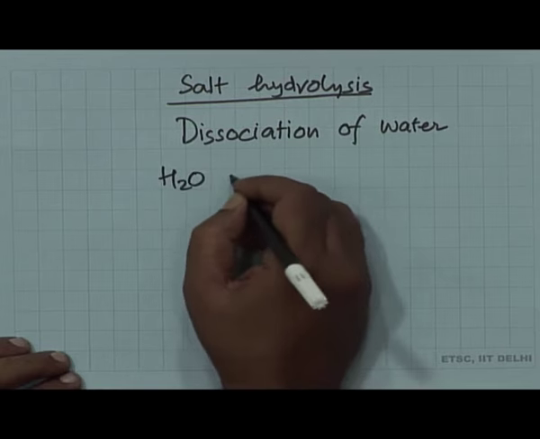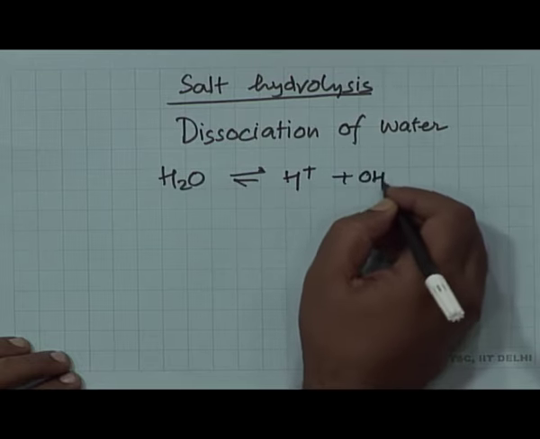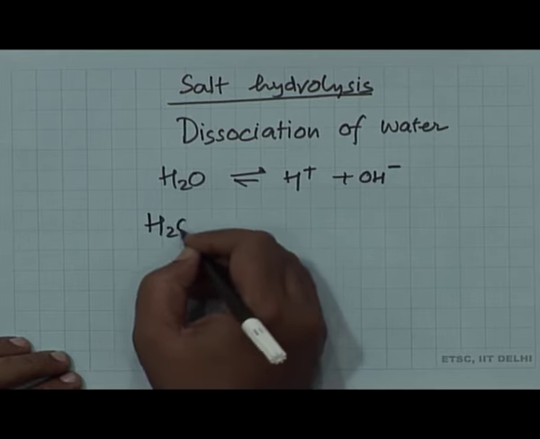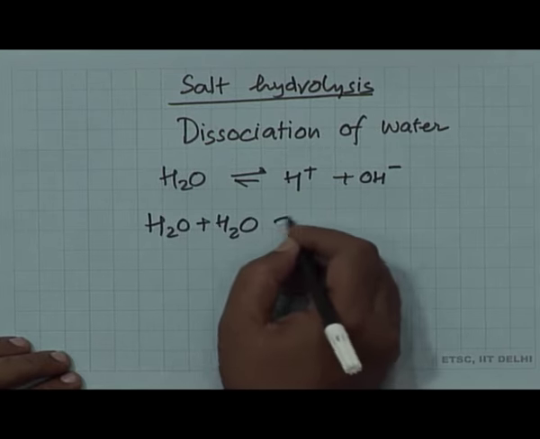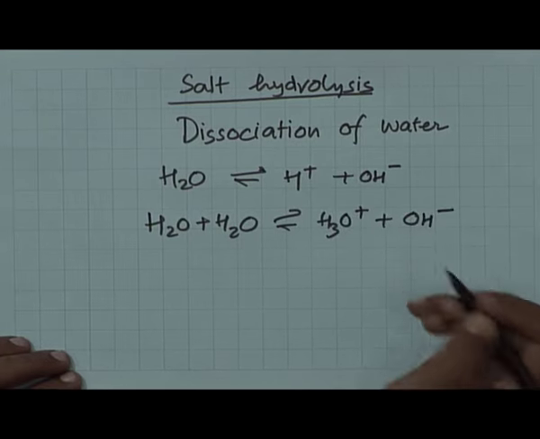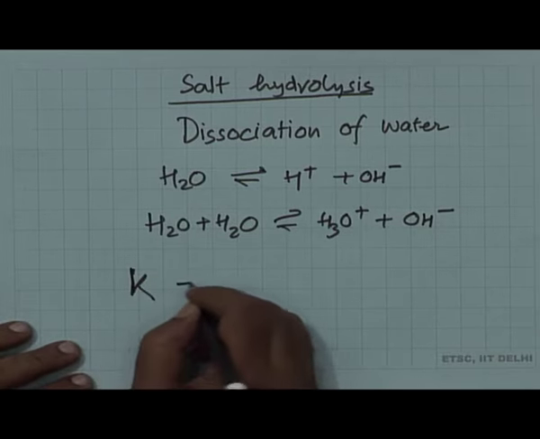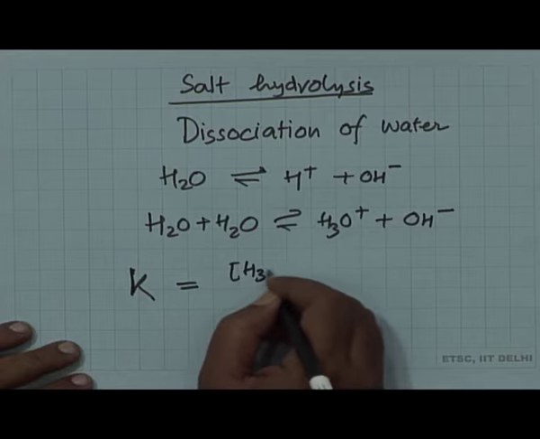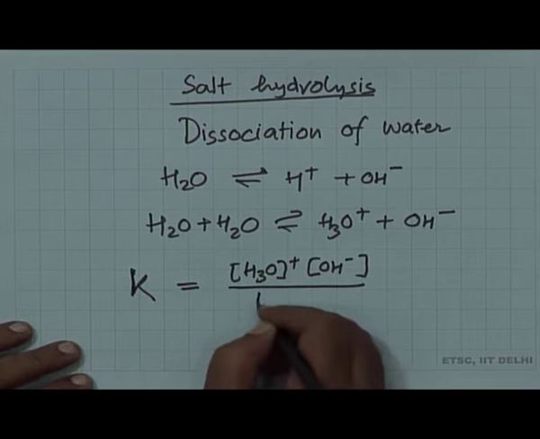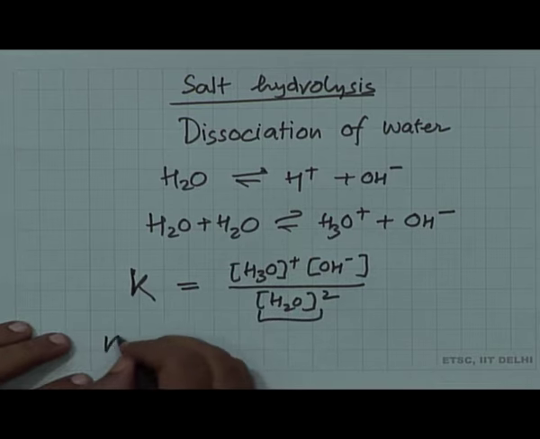So, water is also a weak electrolyte, and it gives you in the solution H plus and OH minus ions. You can also write H2O plus H2O giving you H3O plus and OH minus ions. Applying the equilibrium concept, K is equal to H3O plus into OH minus divided by H2O square, and this is a constant. So, K into H2O square